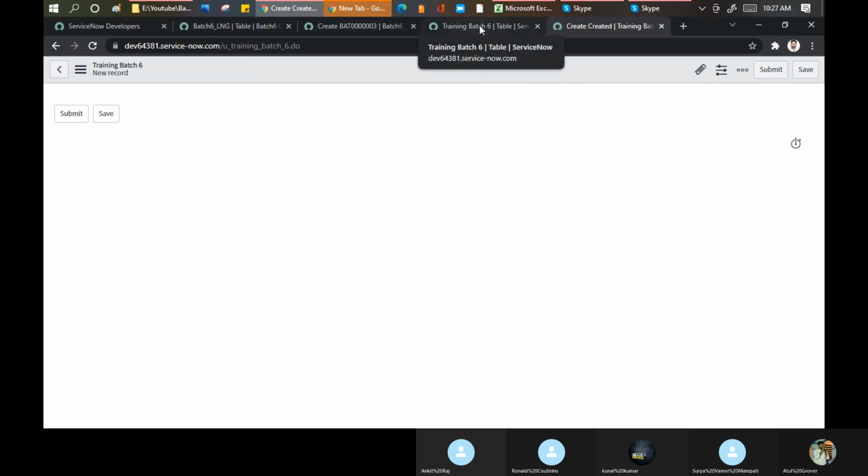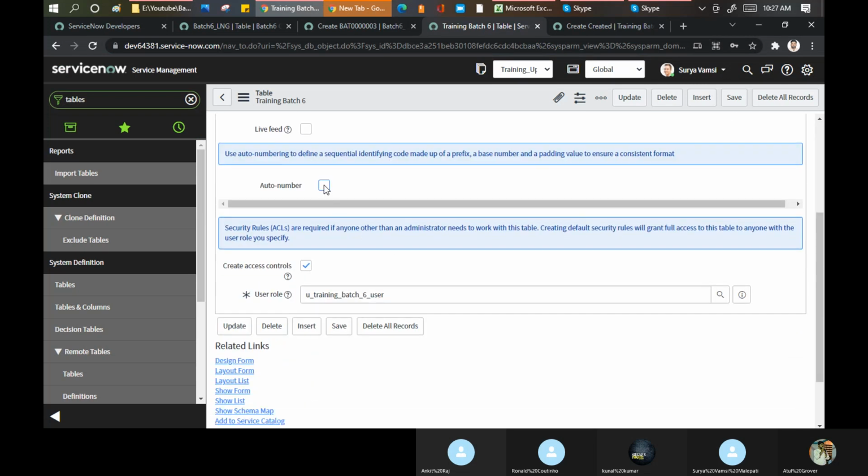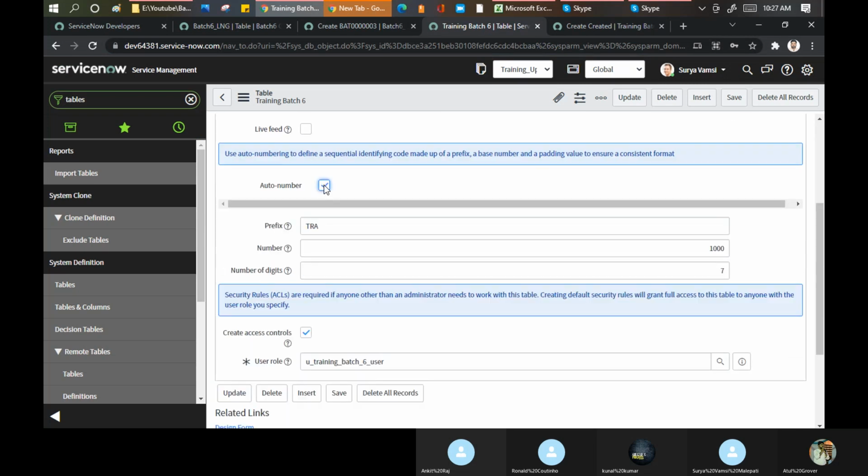Now what we'll do, we'll go here first, go to control, click on the auto number. Okay, one thing to remember, only one auto number works on one table. Suppose in a table you have 5 modules. It doesn't mean that you can create 5 auto numbers. No, your table is one only.